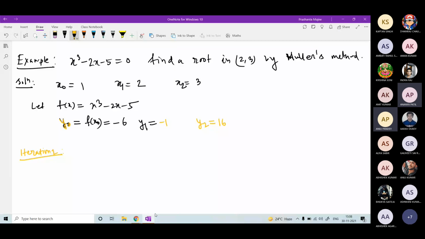Okay. So let the parabola be y equals a into x minus xk whole square plus b into x minus xk. Here, since we know it is iteration 1, I'll start with iteration 1. So it will be a into x minus x2 whole square plus b into x minus x2 plus c. So this is the parabola we have considered.